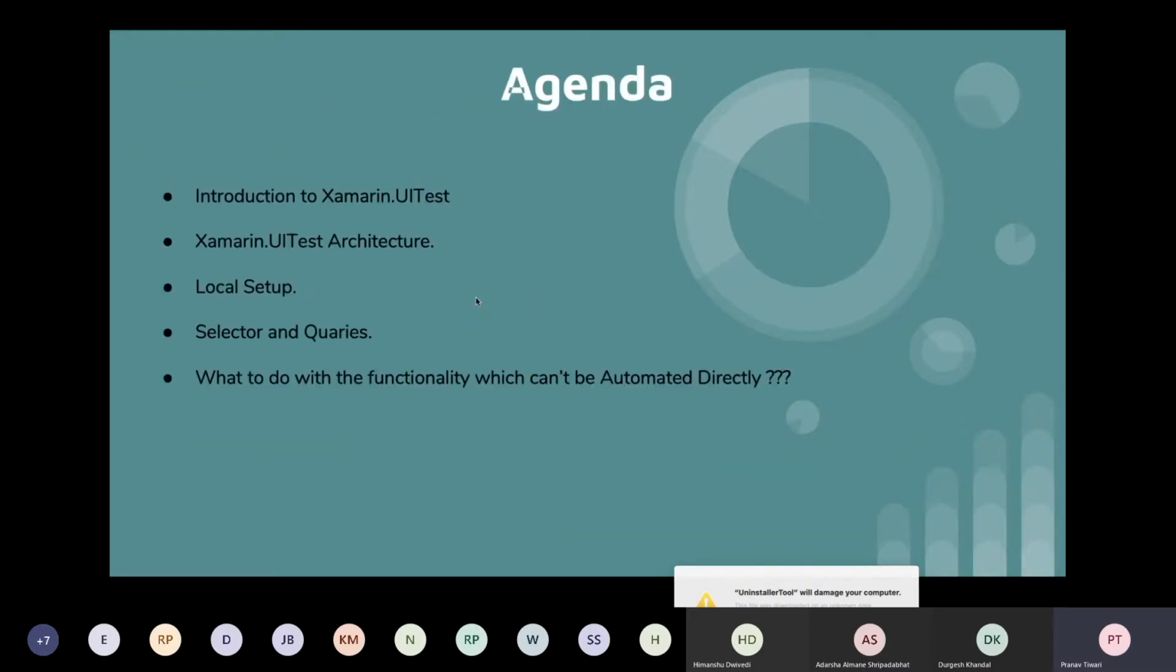So, let's start with the agenda. We'll start with the introduction of the UI test. We'll get a briefing about how the Xamarin UI test works. Then we'll see the architecture for the Xamarin UI test. We'll go to the setup, how we can set up our Xamarin UI test. Then we'll go deep into it and see how we can query the elements and all. And the last topic will be